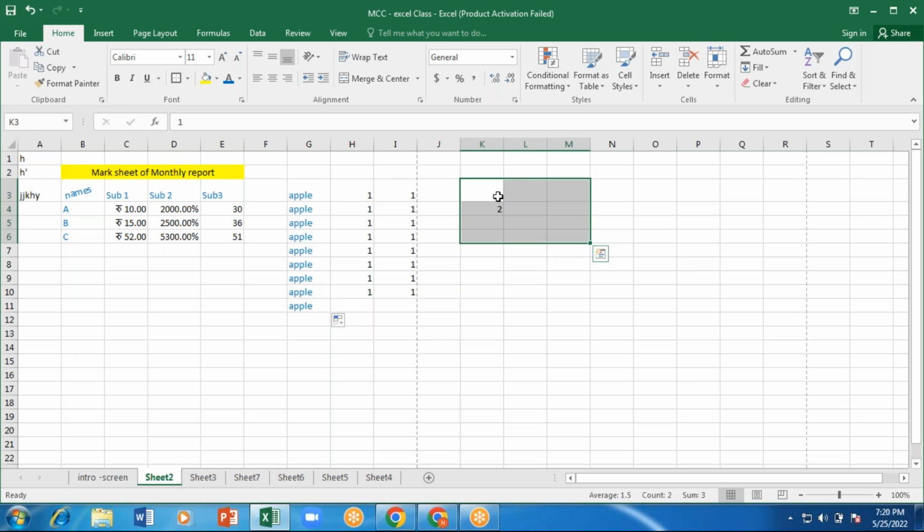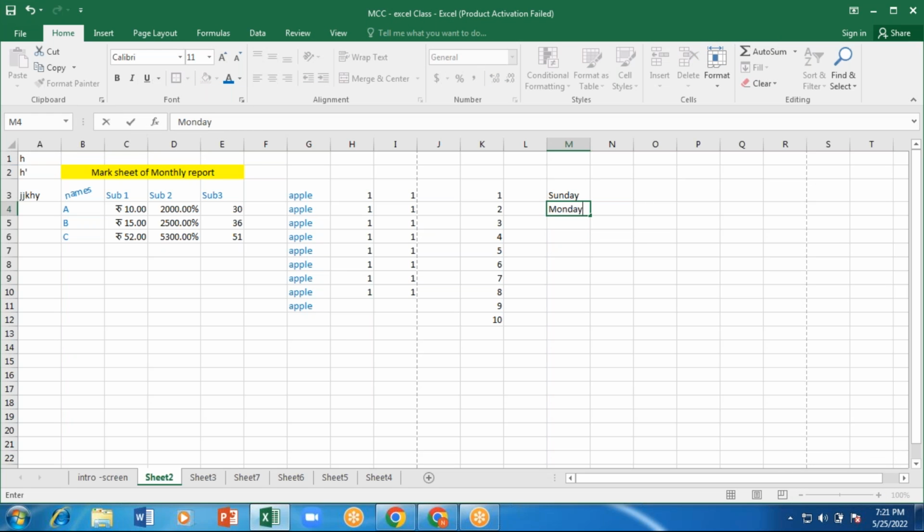When I click on this plus mark and drag and drop, as far as I leave it, that many numbers it will show. The same thing will happen when I give Sunday, and then Monday. These are the continuous things that the system will know, whereas when you type something like apple, balloon, it will not know. But these numbers,